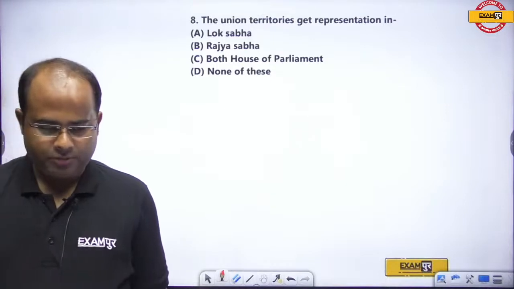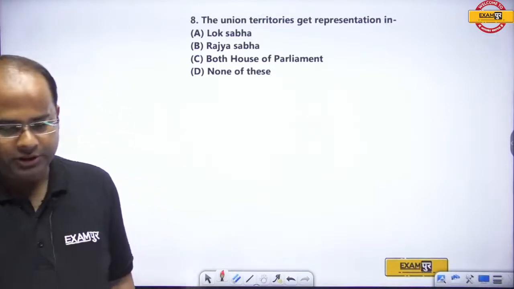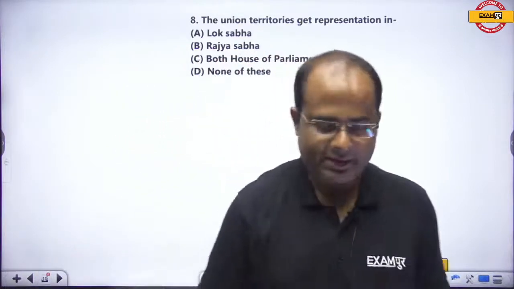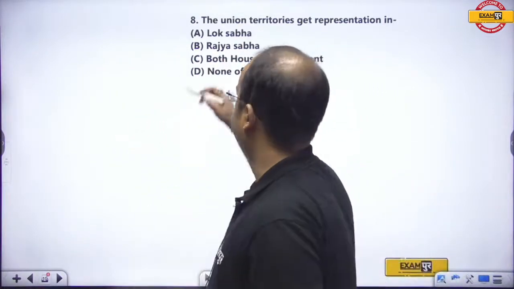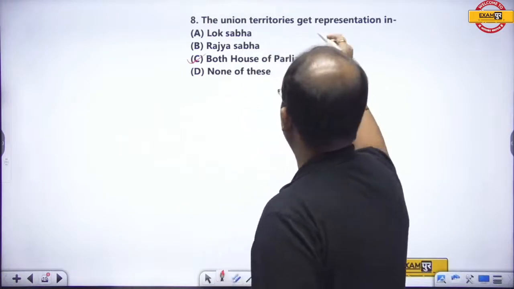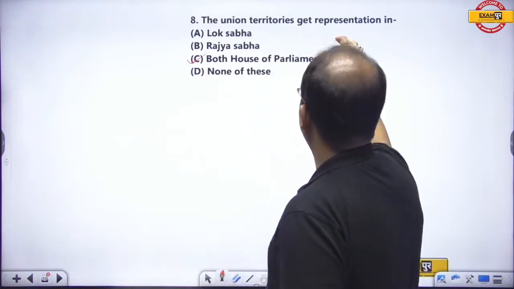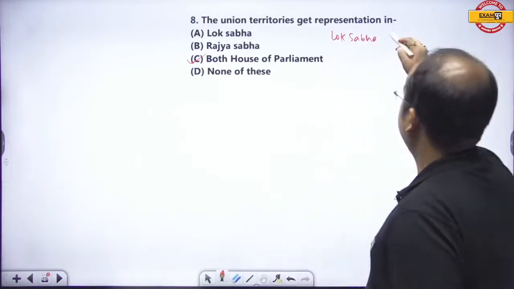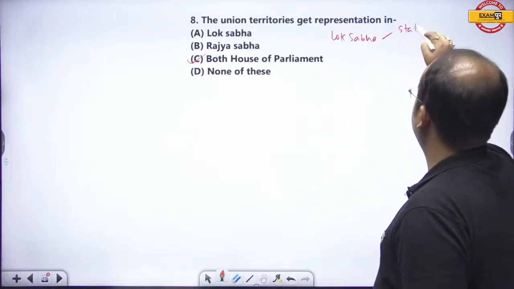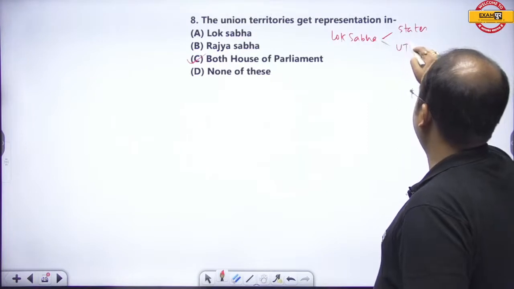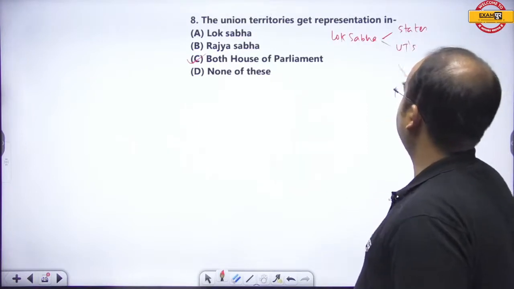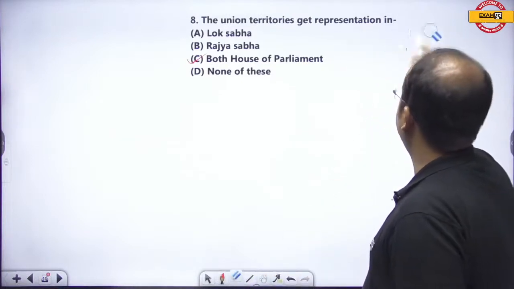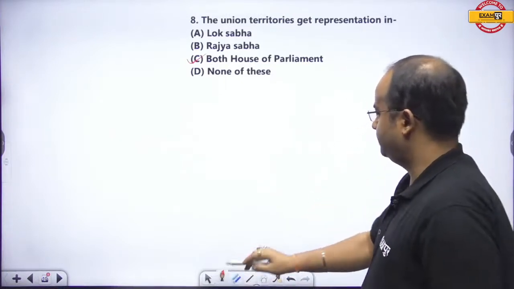Okay guys, the students are going with option C, that is both houses of the parliament, and yes, they are correct. Guys, first of all, in Lok Sabha you will find states represented, UTs are represented. So in Lok Sabha, you will find the people are represented. So simply, guys, in Lok Sabha people are represented, whereas